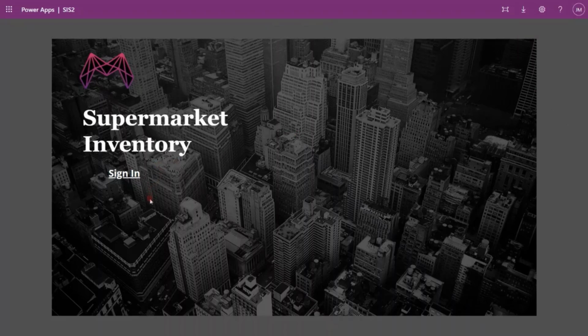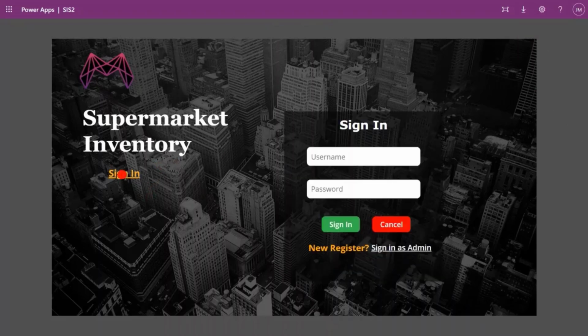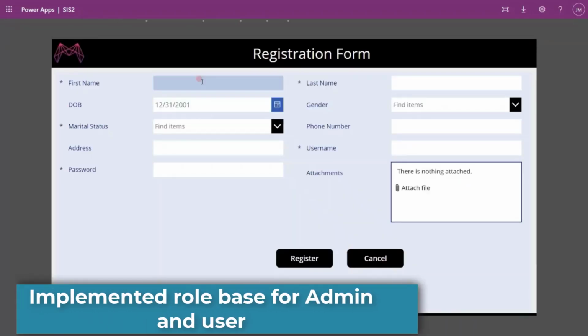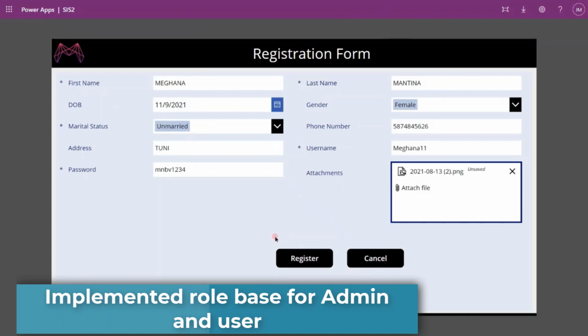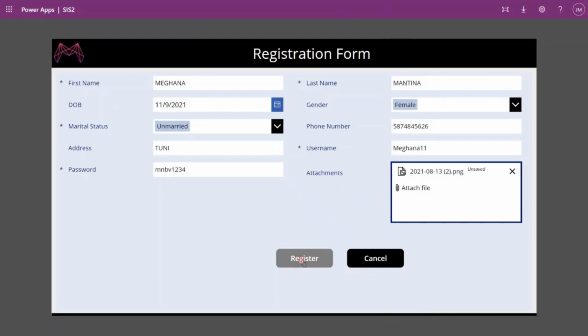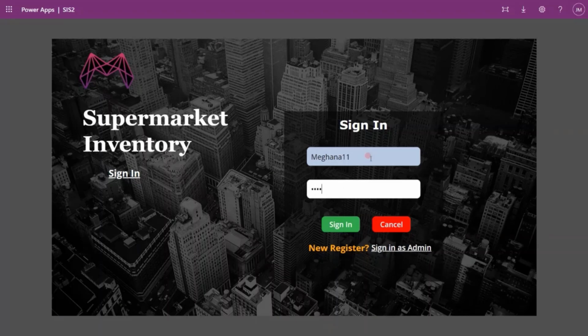This is the landing page of my app. In this app, I implemented 4 screens, all of them having main functionality. Here the user can log in through username and password by registering. After registering, he can navigate to the main page.